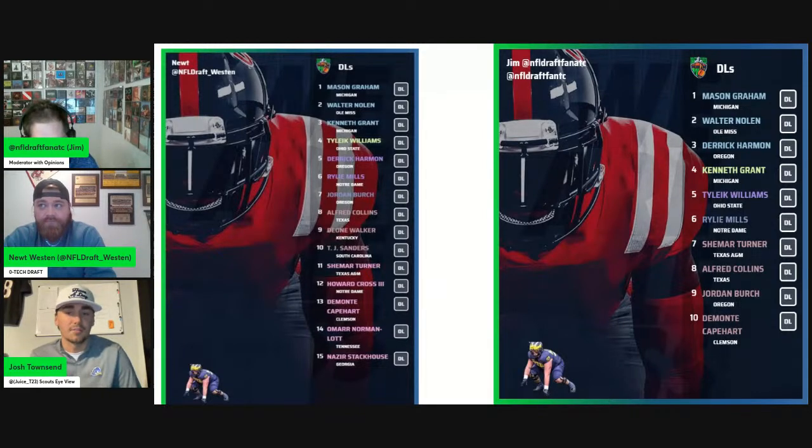Plays with good leverage. I love his play strength and his use of hands to disengage with blockers. He shows really good promise as a pass rusher. May have taken a step down this year in total production, but the use of hands is still there. The counters are still there for me. I think this is one of the more polished pass rush toolkits for interior defensive linemen in this class.